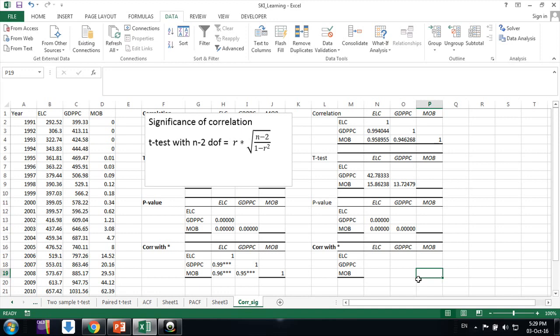What we need to do, we just want a matrix that has the correlation in it. Like this is a correlation, but with the star values based on the p-values.